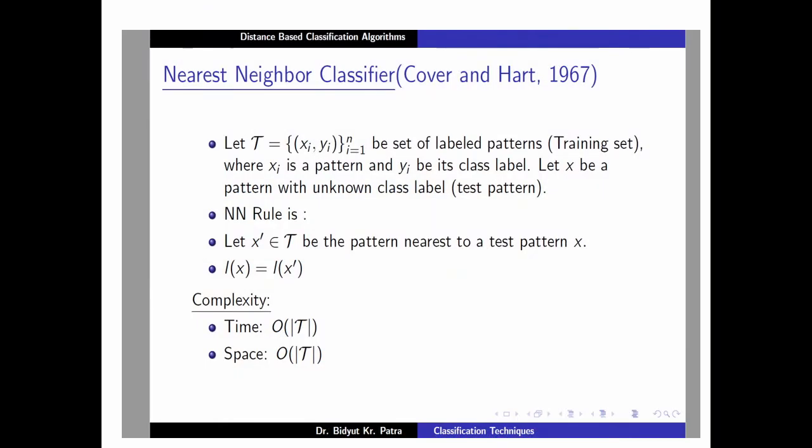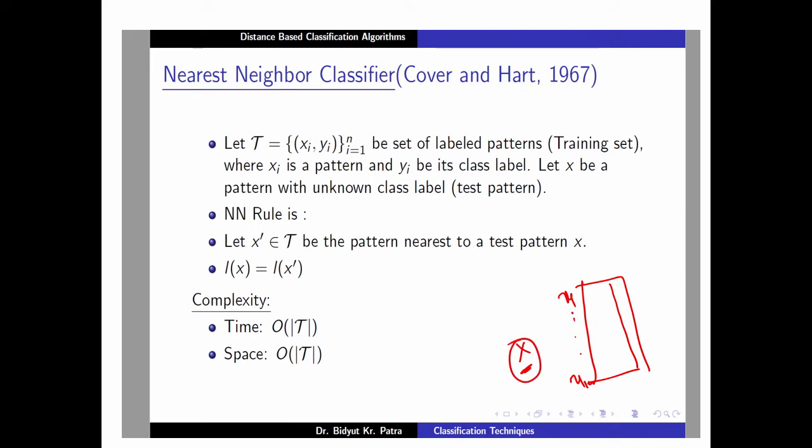Now, the algorithm is very simple. You have to identify the class level of the unseen object x, and you have the training data set, say x 1 to x 100 and so on, and obviously you have the class levels. So, what will be the class level of x? That is what we need to identify. It is very simple. This algorithm says you identify the point in the training data set which is closest to the point x, capital X.